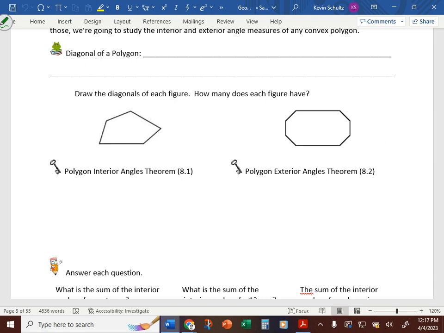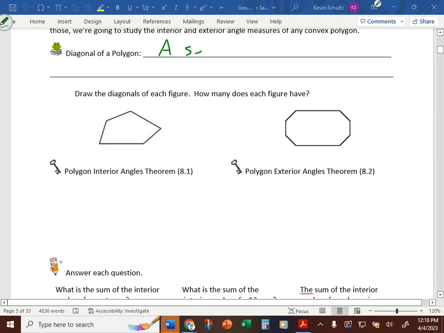Is it when the segment is extended? Nope. Not a bad guess, though. Kylie? Is it like a line from one angle to another? Ah, yeah, very close. A diagonal is a segment